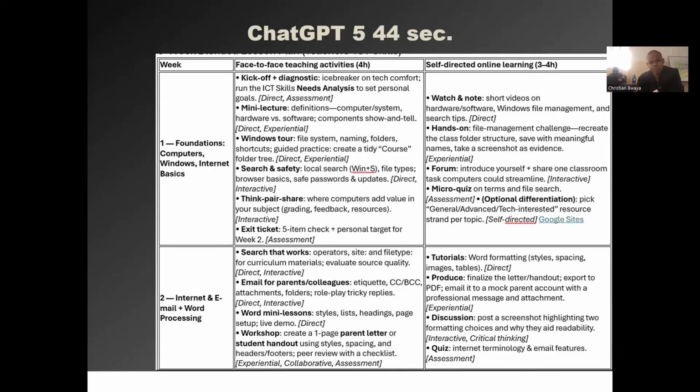But as you see, it has a lot of very interesting ideas which I can accept or which I can refuse, depending on the situation. Because even if my prompt is very detailed, it's still guessing what is the best solution.